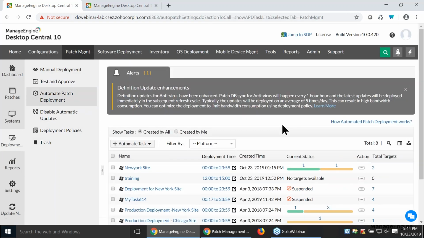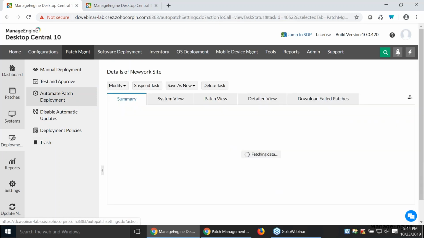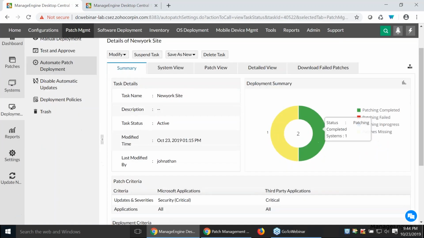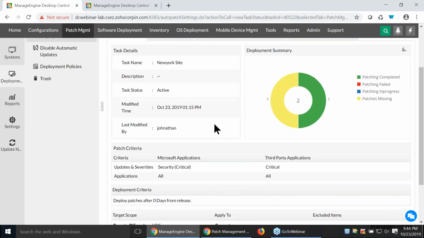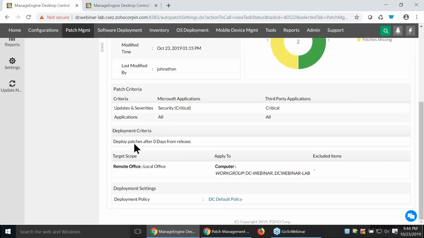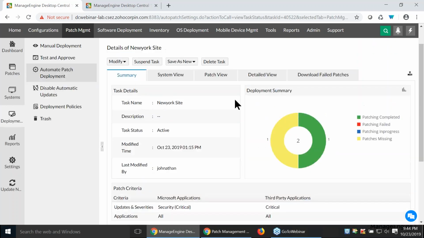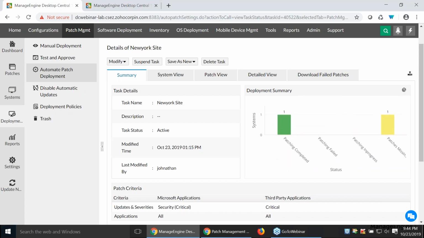Here I'm bringing up the automate patch deployment task, which is for the New York site. As you can see, this summary screen gives you clear, valid information about the task details: when the task was modified, who created it, what type of updates were chosen, what the deployment criteria are, which machines have been chosen, and the policy. All this information will be available. As you can see, it even gives you a deployment summary, a pie chart. So it tells you how